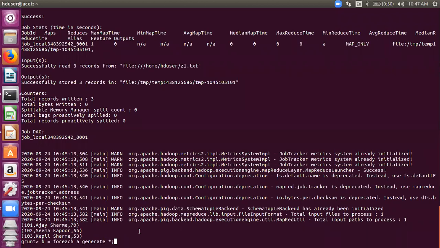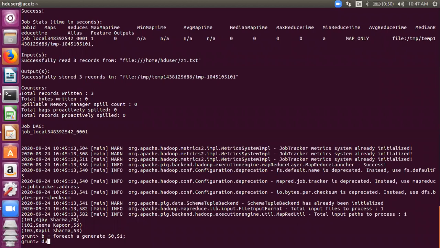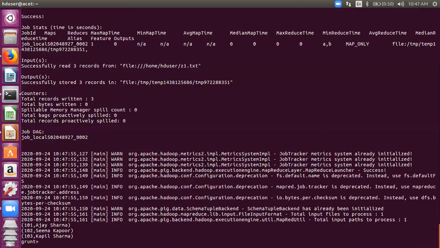So what is the use of B? So let me write specific columns here. To mention columns, you use $0, $1 and so on. $0 would mean the first field, $1 would mean the next field and so on. So I'm projecting the first 2 fields of the relation A and storing them in the relation B. If I dump B, what would be the output? It would display the roll number and name only. Marks won't be displayed. So only the roll number and the name is there.